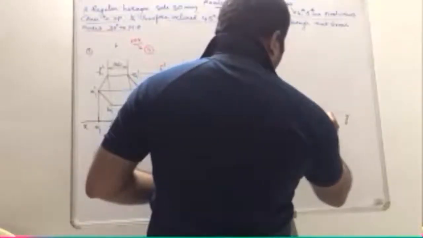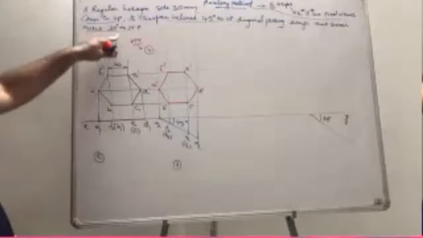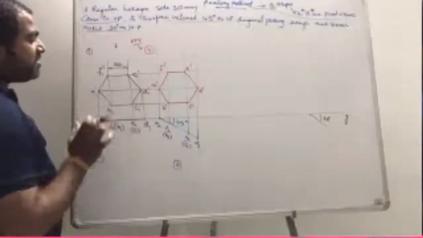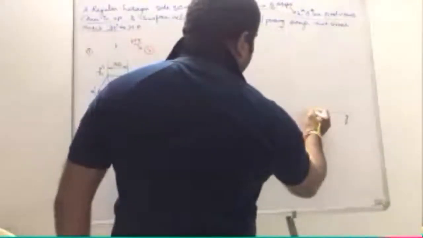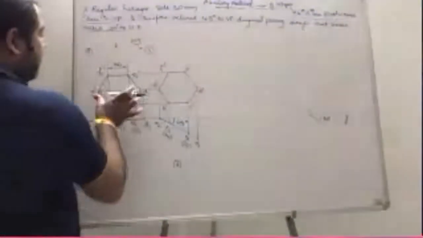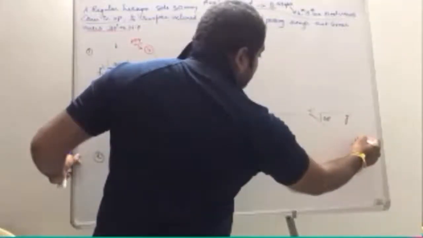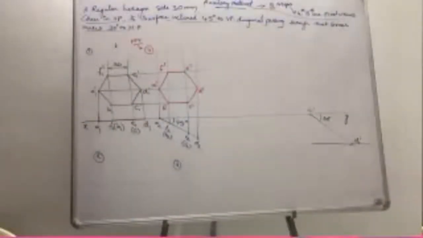So first of all, draw a line of 30 degrees, which is for the given inclination. Now take the original length of the diagonal, A dash D dash, that is A1 dash and D1 dash. Let us put this point as A dash, and with D1 dash as radius, this becomes D1 dash. Now draw a line passing through D1 dash. That becomes the locus of D dash.